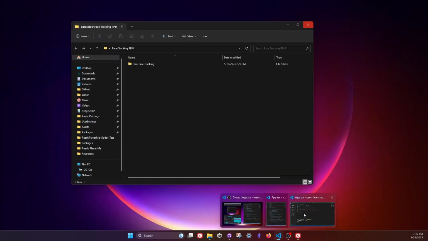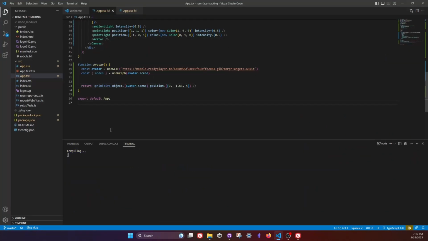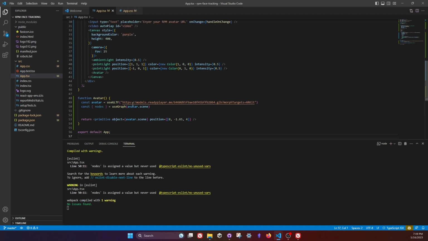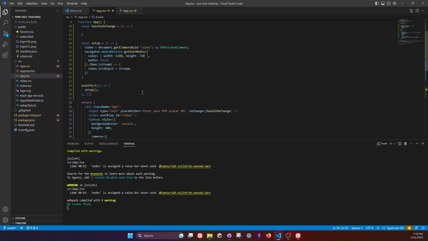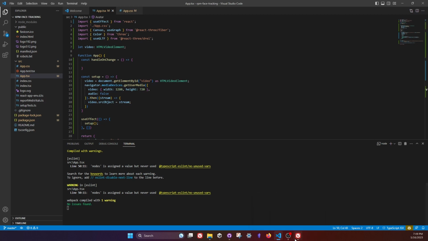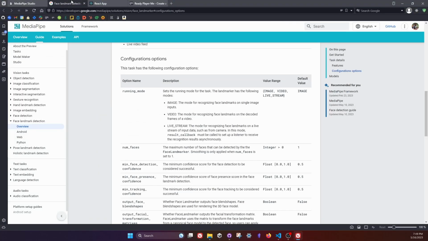Of course, now the important part, Mediapipe. You've been saying, where is the AI? Where is the face tracking part? Because yeah, this part was the easy part. Let's go to